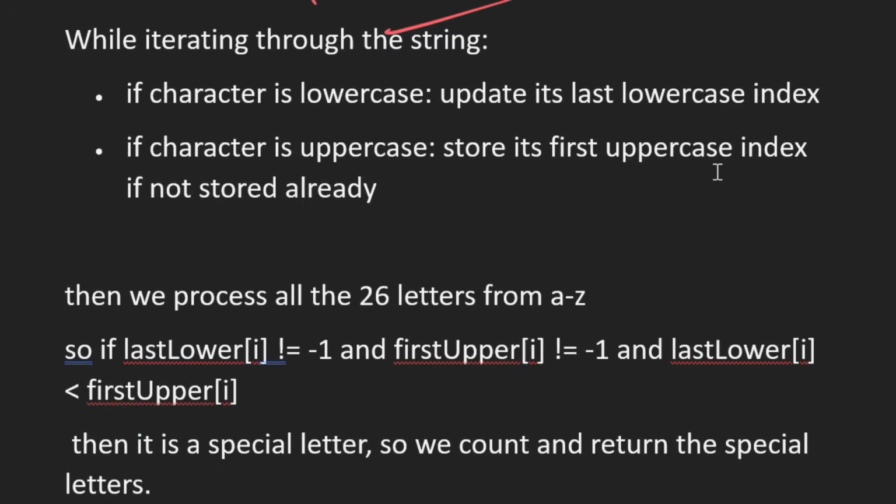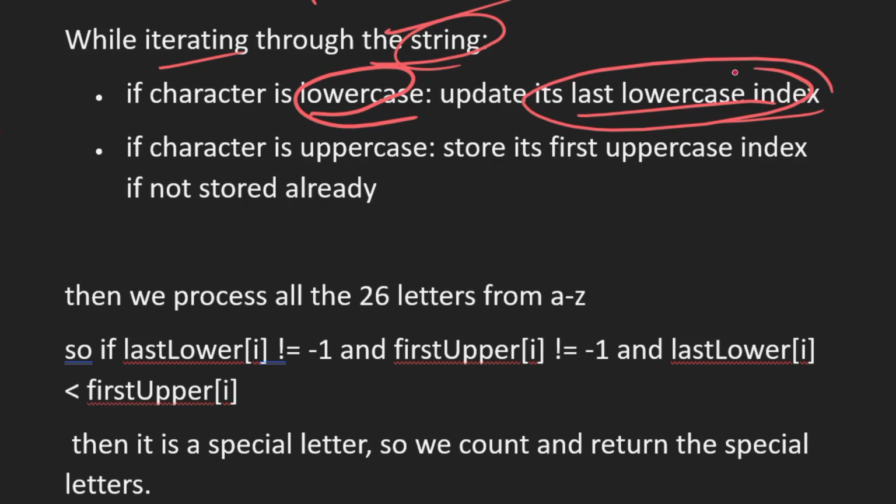So what we do is, when we iterate through the string, if we get a lowercase character, we directly update the index of that character, right? Assuming that that particular character is the last occurrence, right? And